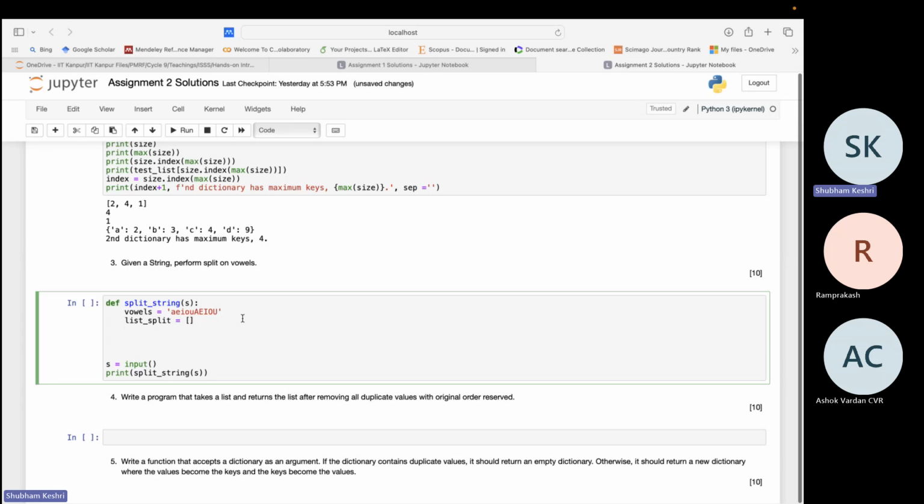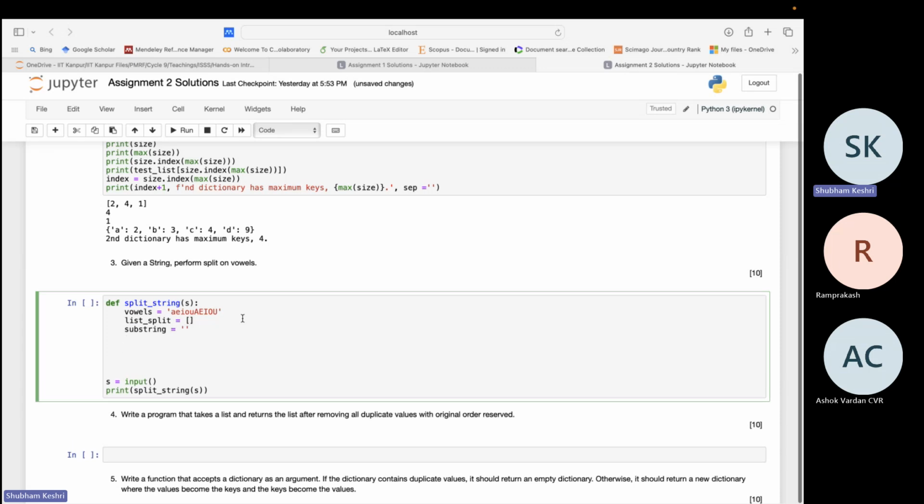So what this list will do, it will store the substrings. So whenever you break the string, I'm calling that a substring, and where will you break? Whenever you encounter a vowel. And since I've used the word substring, I'll say substring is equal to empty. So this substring is currently empty. Now what we have to do, we have to traverse or iterate over this string. So I'll say for C in S,